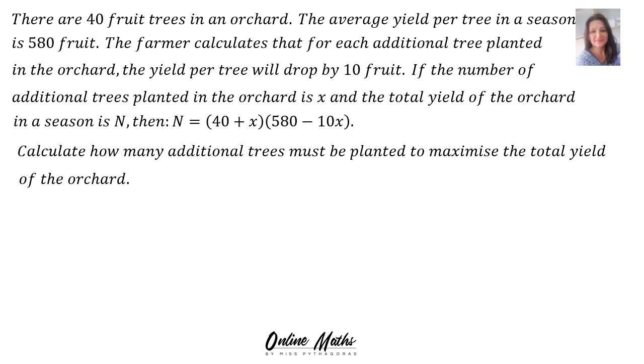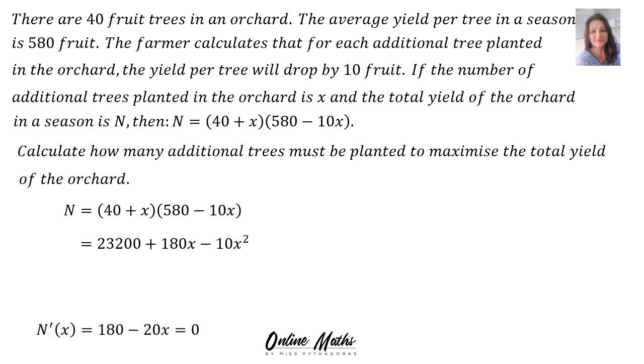Now again, we want to maximize, therefore we will take the given equation, find the derivative and equate to 0. There's our equation, and the problem here is we cannot find the derivative if there's brackets. So first of all we need to multiply out the brackets, and we end with 23,200 plus 180x minus 10x